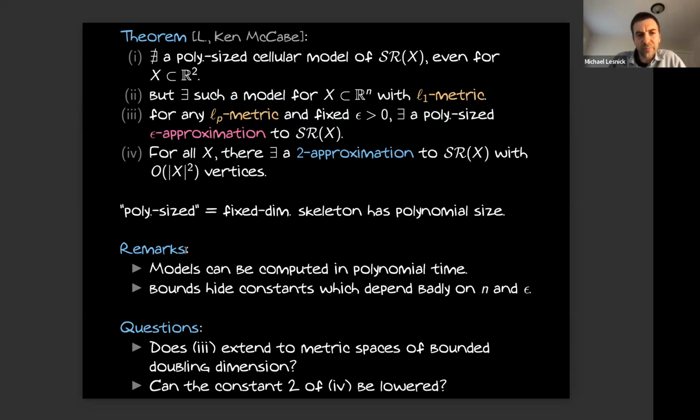So then one big question for us is, does this result 3, this approximation result, extend beyond data living in Rn with LP metrics to metric spaces of bounded doubling dimension? And that's something that interests us a lot, and we've been thinking about it, but we don't have an answer yet. And then secondly, I want to mention regarding this 2 approximation,